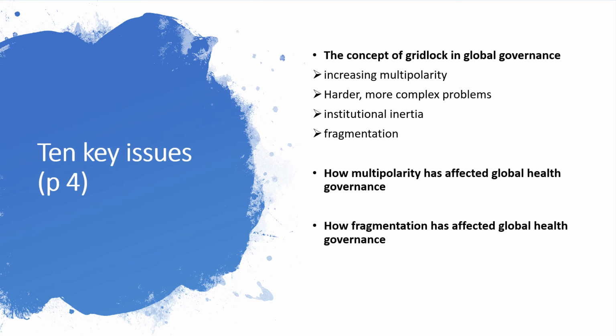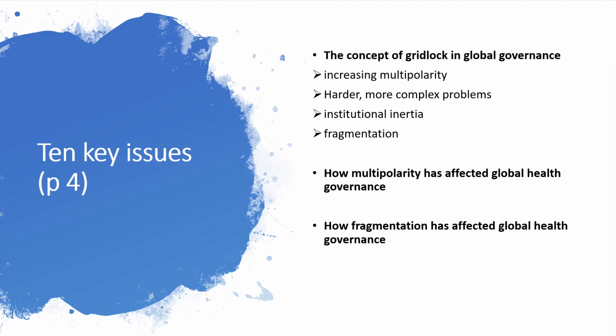Fragmentation would look at the increased transaction costs of having many different organizations operating, the competition for resources that causes, and the dominance of some actors over others, which skew the system. We might look at donors who pay for what they're interested in, not necessarily for what the actors involved, or the poorer countries in this case, feel is important.